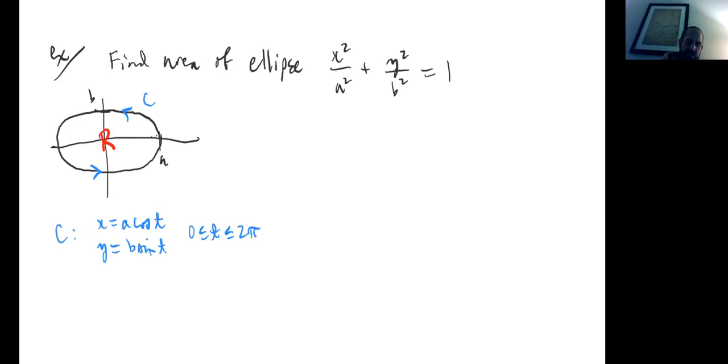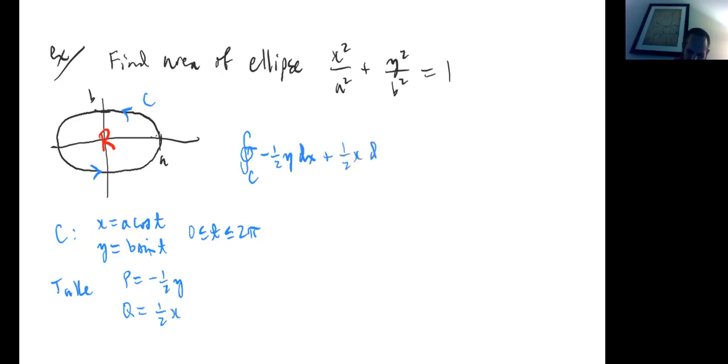And then what we can do is make a judicious choice of x and y. So we'll use the third option that we had on the previous page. We'll take P equal to -1/2 y, and we'll take Q equal to 1/2 x. Okay. Then the integral with positive orientation around C of -1/2 y dx plus 1/2 x dy is going to